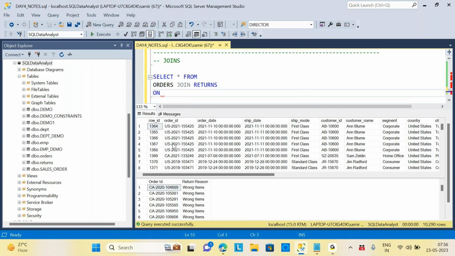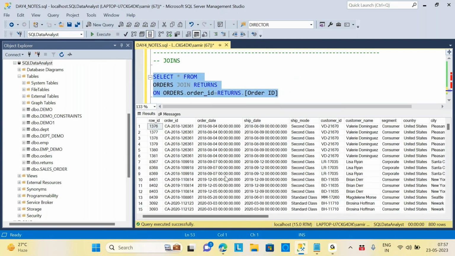Based on that, we can do the join between two different tables. So I can say orders dot order ID equals returns dot order ID. Alright, and if you execute this,